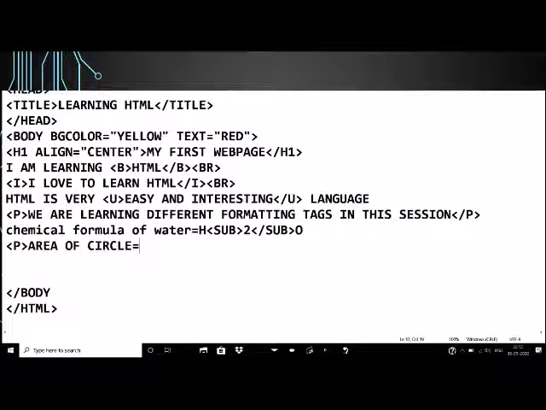So I will write here 22 by 7, that is pi, into r. Then I want to write square.